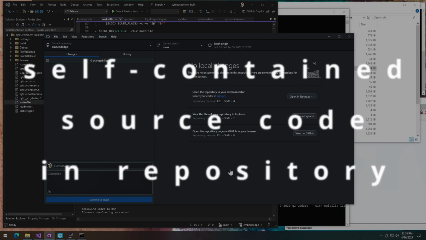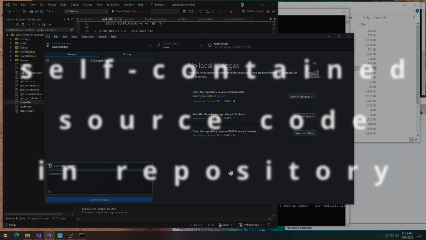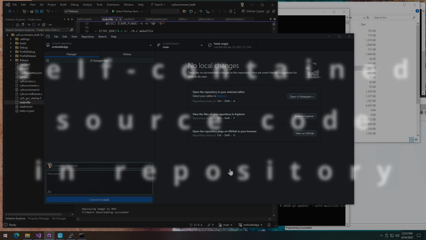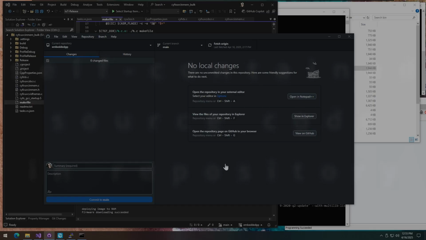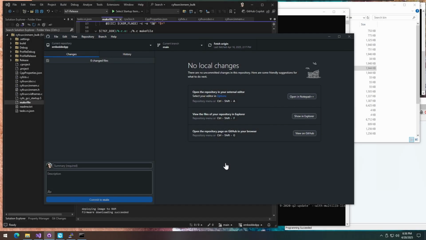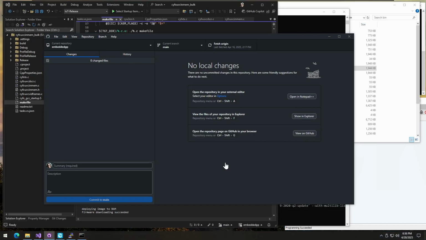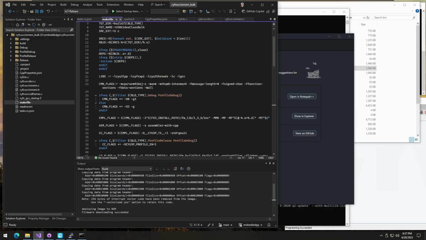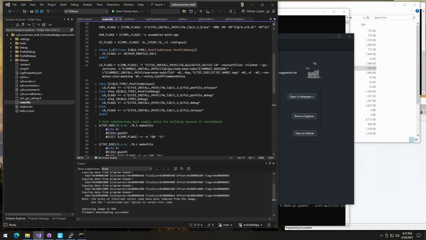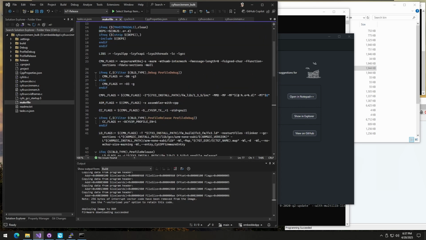What we're gonna be doing today is making the source code in the repository self-contained, so whoever comes into the team only needs to install Microsoft Visual Studio, and does not need to install the whole Cypress build environment with Eclipse and toolchain and all of that. For that, we are going to need to move all the files that we rely on that are currently in Cypress into our repository. But first things first, right over here,